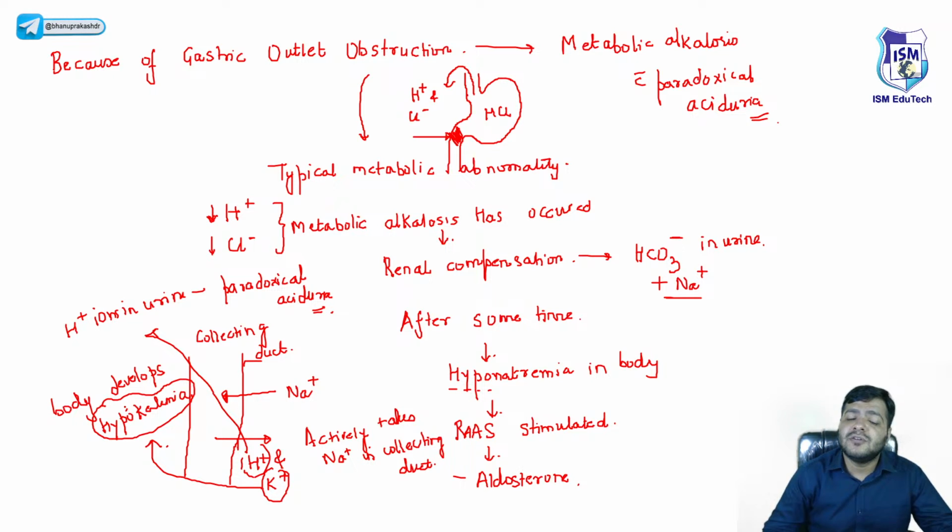अब सोडियम एब्सॉर्ब करेगा, तो उसके अपोजिट में आपको पता है, अगर सोडियम अंदर आ रहा है तो बाहर क्या जाएगा, पोटेशियम। नॉर्मल थ्योरी है, राइट। तो पोटेशियम बाहर जाएगा तो बॉडी में हाइपोकेलेमिया डेवलप होगा। और पोटेशियम के साथ साथ H+ भी बाहर जा रहा है। सो H+ आयंस इन यूरिन, इट इज सजेस्टिव ऑफ एसिड। H+ अगर पानी में मिला दोगे तो वो एसिड जैसा होता है, तो पैराडॉक्सिकल एसिडयूरिया, ये नॉर्मली नहीं हो रहा है, ये कंपेंसेटरी हो रहा है, ठीक है।